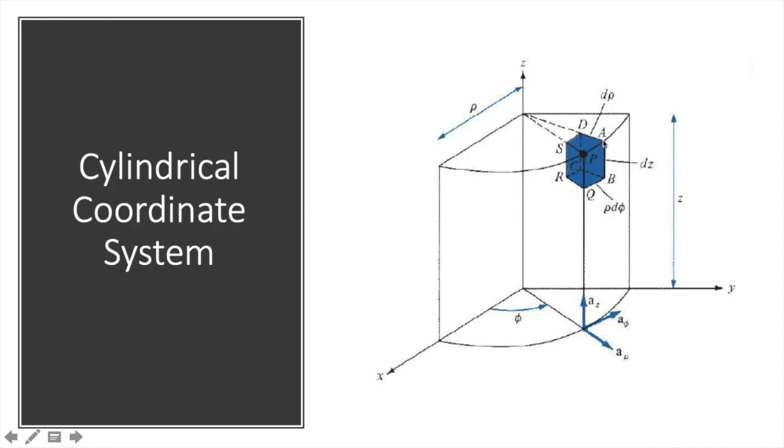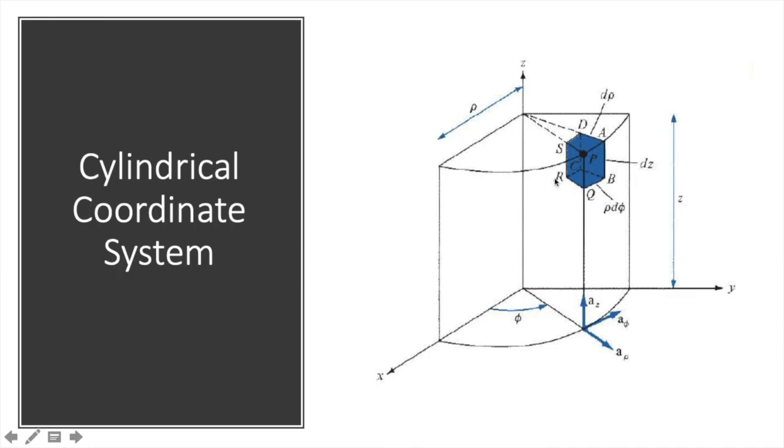And similarly, if we move from A to B or B to A, what is the distance here covered? That is dz. So you remember, when we are trying to make this blue encircled volume, we have actually moved in the direction of the axis that we have, that is moving around along rho, moving along phi and moving along z. If we move like this, we will get a volume kind of thing. Now here we will find out the displacement vector again.